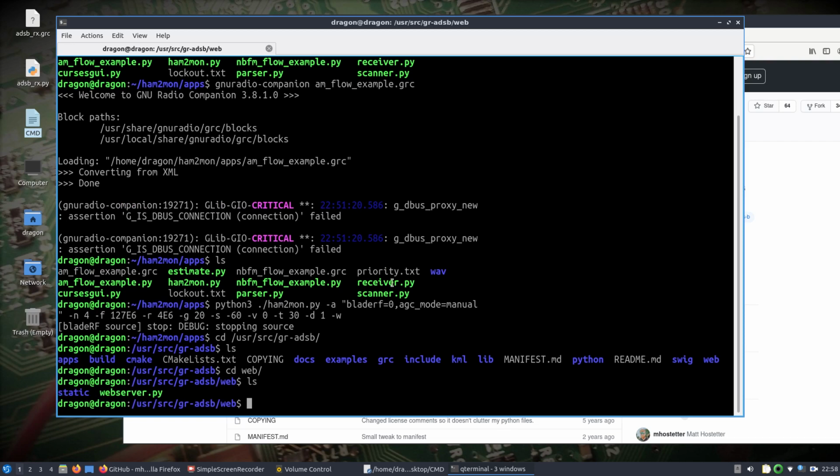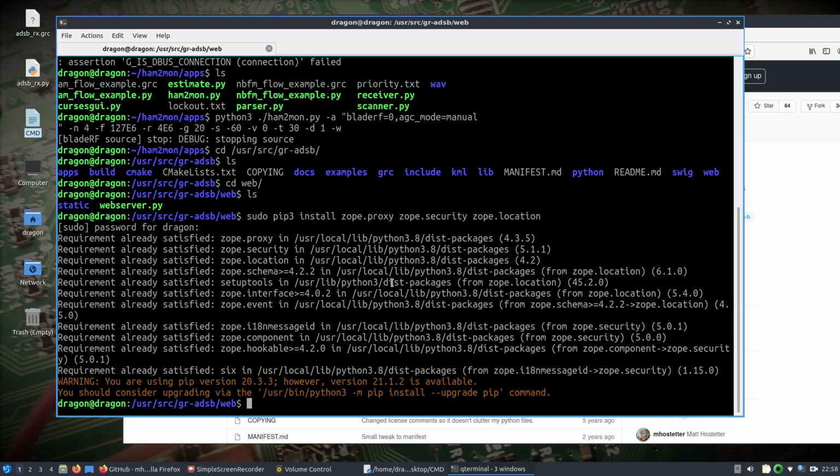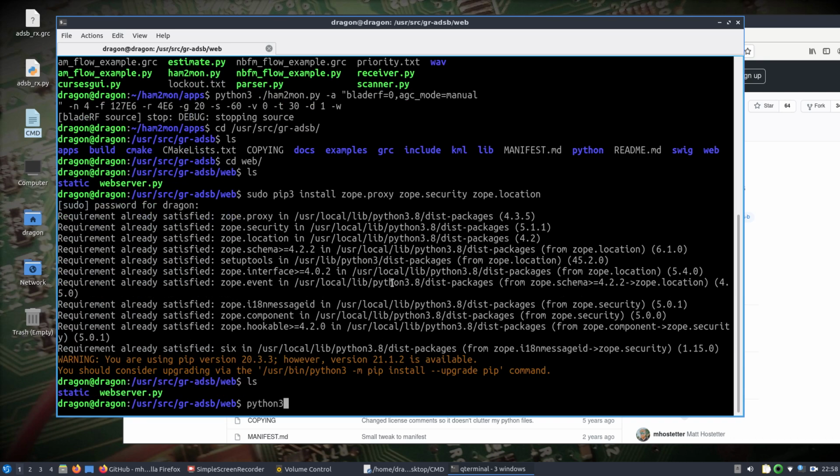So in DragonOS Focal R15, I did not install these next couple packages that you need, and this will fix the web page of GR-ADSB. So you should do a sudo pip3 install. I'm pretty sure it's Zope proxy security and location is all that you need, which I did actually do just prior to this video. So I've already got everything that's needed there, and then we'd use Python 3 to open